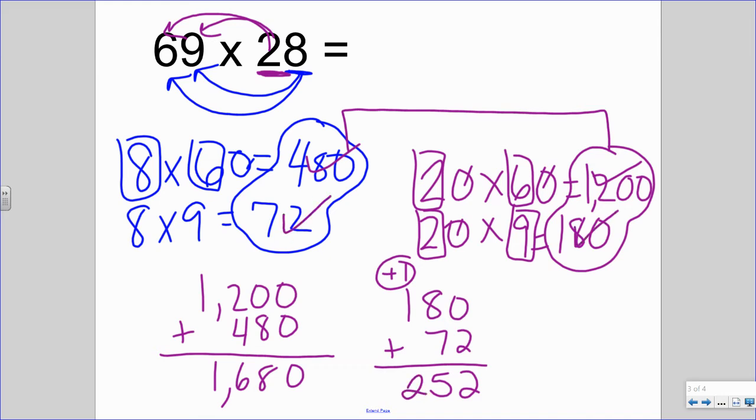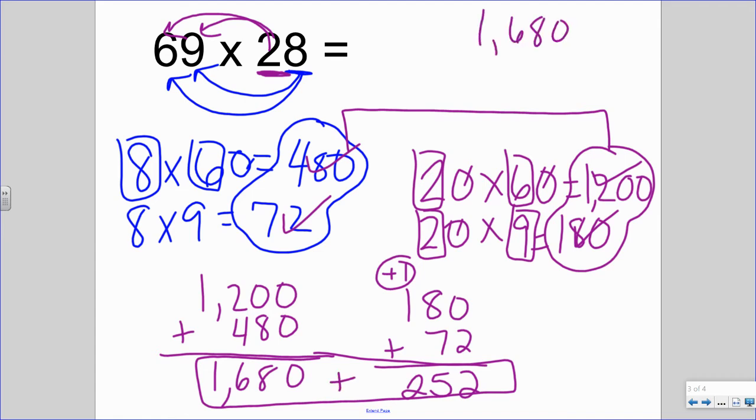252. And my final step is to take these 2 pieces and put them together. So 1,680 plus 252. We're going to get, carry the 1. 1 plus 6 is 7, plus 2 is 9. We're going to get a final answer of